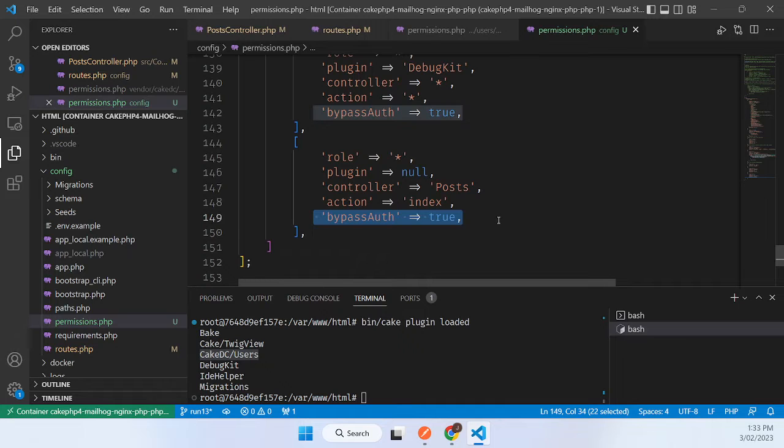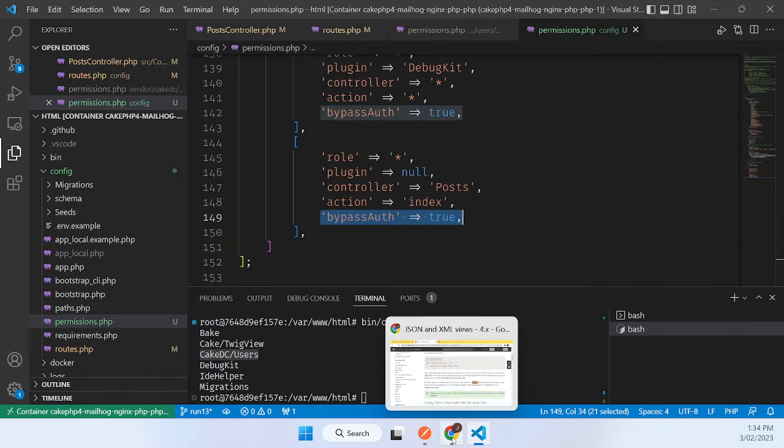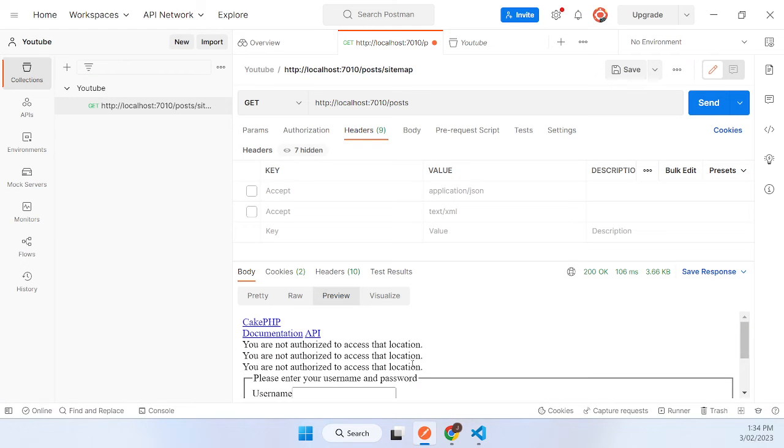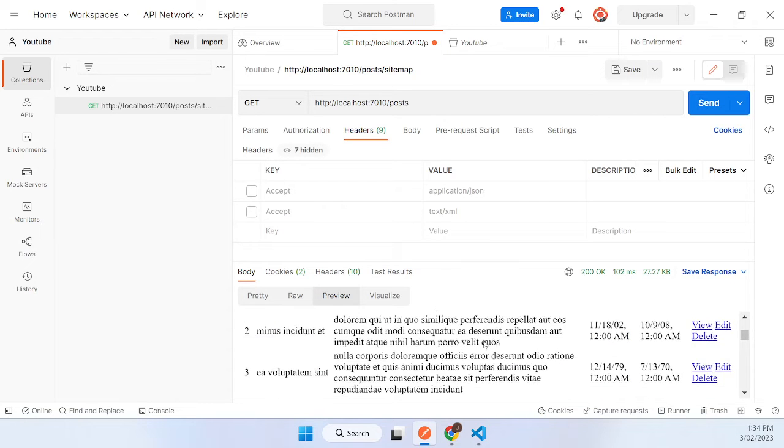You don't need to know who they are. It's anonymous, so bypass the authentication. So once we've done that and we go back to our Postman thing, we can see that if we don't